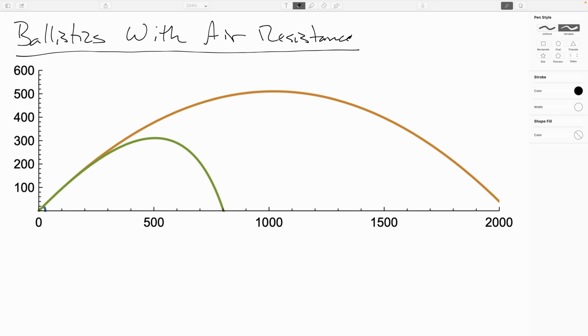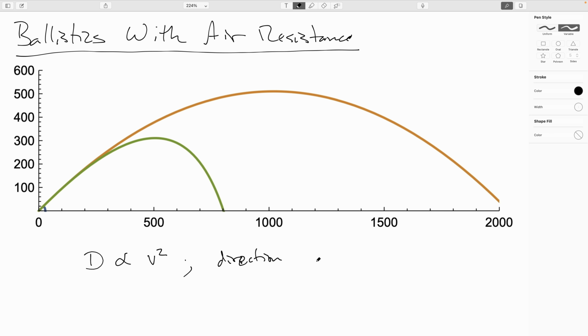The first of the two things I want to take a look at is ballistics with air resistance. So far, we've been generally saying neglect air resistance, neglect air resistance. And I've mentioned in the past that the reason we're doing that is because it's just plain hard to do calculations that take air resistance into account. This is because, remember, the magnitude of the drag for most situations is going to be proportional to the square of the speed, and importantly, the direction